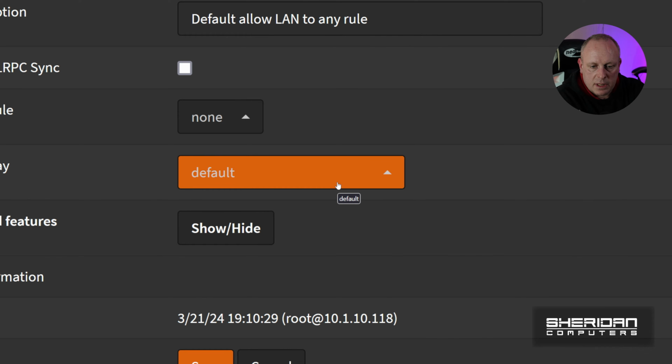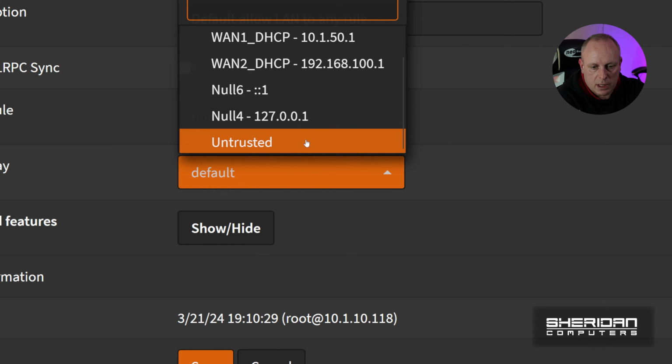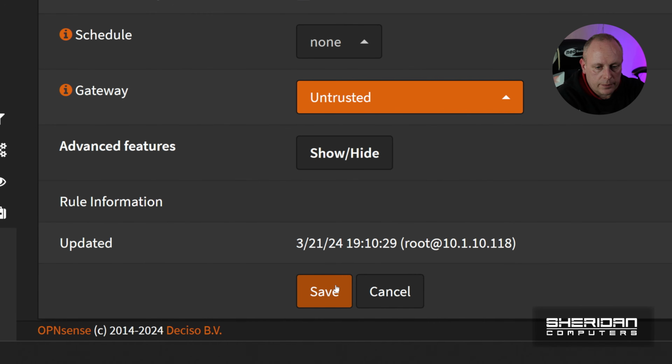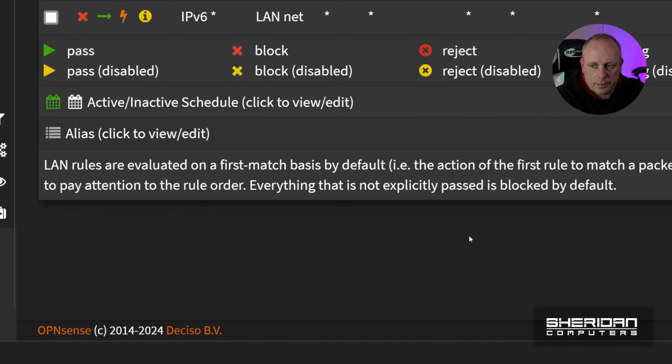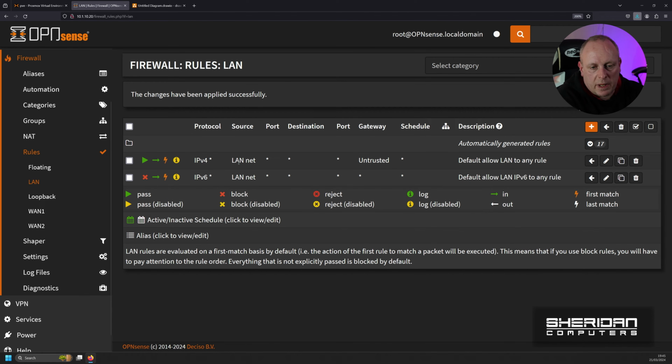So it's set to default, which is, if you remember when we looked at 1.1, I stated that I'd set that as default gateway, which is what's used for OPNsense itself. And we enable gateway switching, so if it goes down, OPNsense can still access the internet. But now we want to change this to our untrusted gateway group. Let me save that, and I'll apply those changes. So what we're basically doing is telling all LAN traffic to go through untrusted,